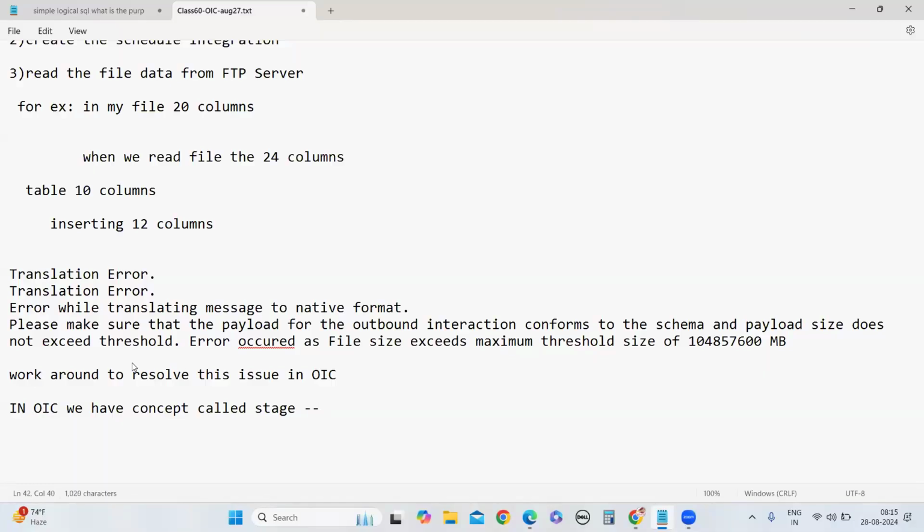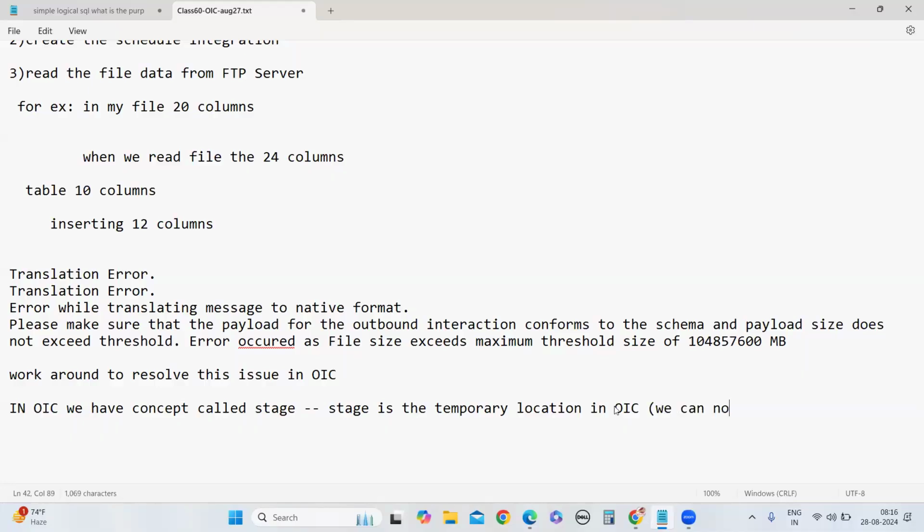So what is the meaning of stage? Stage is a temporary location in OIC.